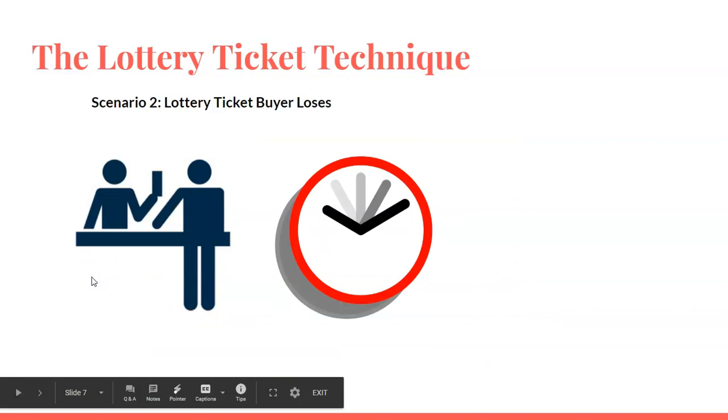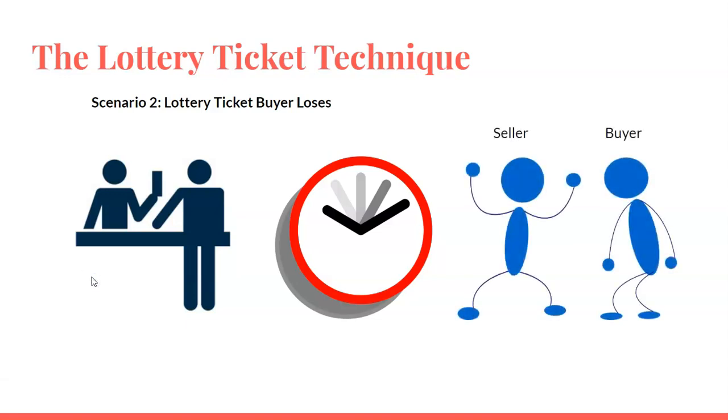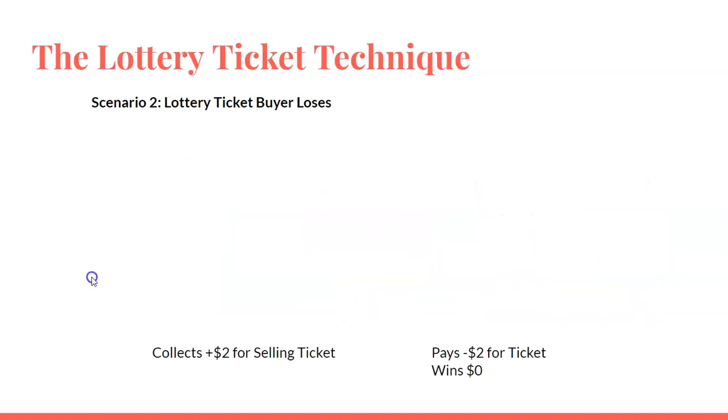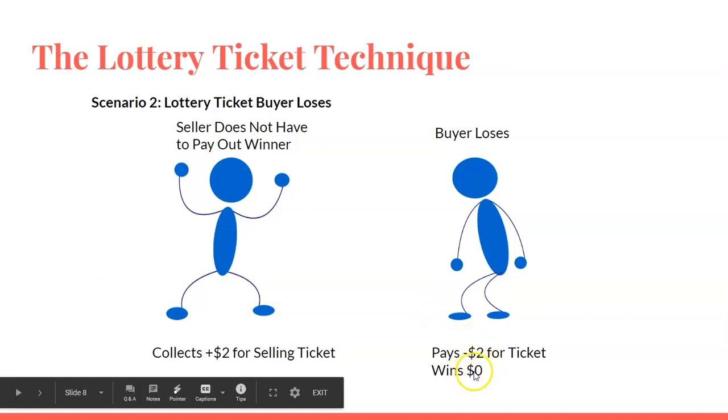Okay, now let's take a look at scenario two, where the lottery ticket buyer loses. The lottery ticket seller sells the lottery ticket to the buyer. The convenience store guy sells to the lottery ticket player, and the player now loses. So what happens in this case? Well, if you go to the store and you buy a lottery ticket and you lose, you just lose the price of the ticket, right? You just pay out your $2, you don't win anything,